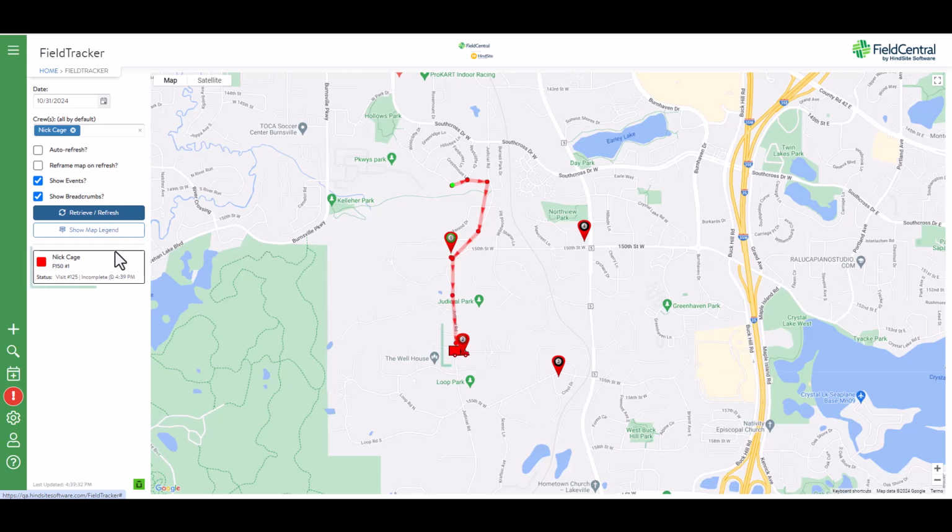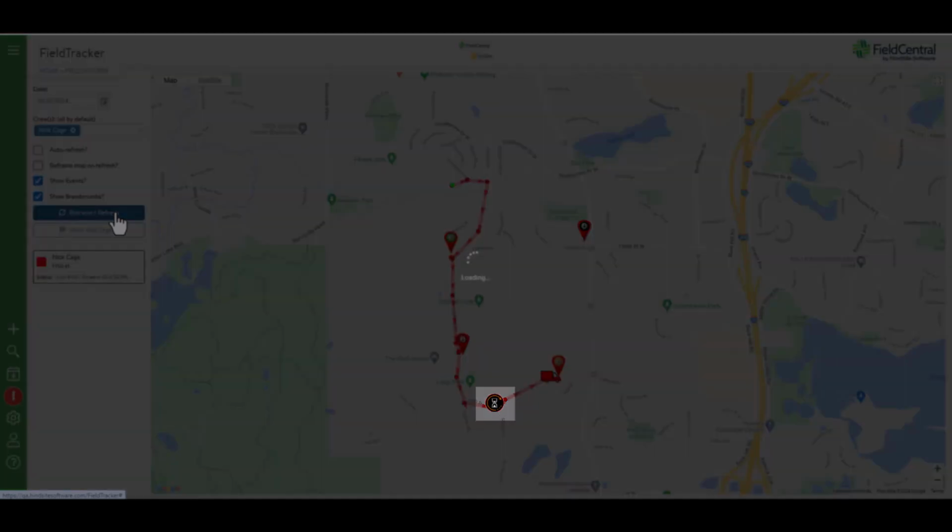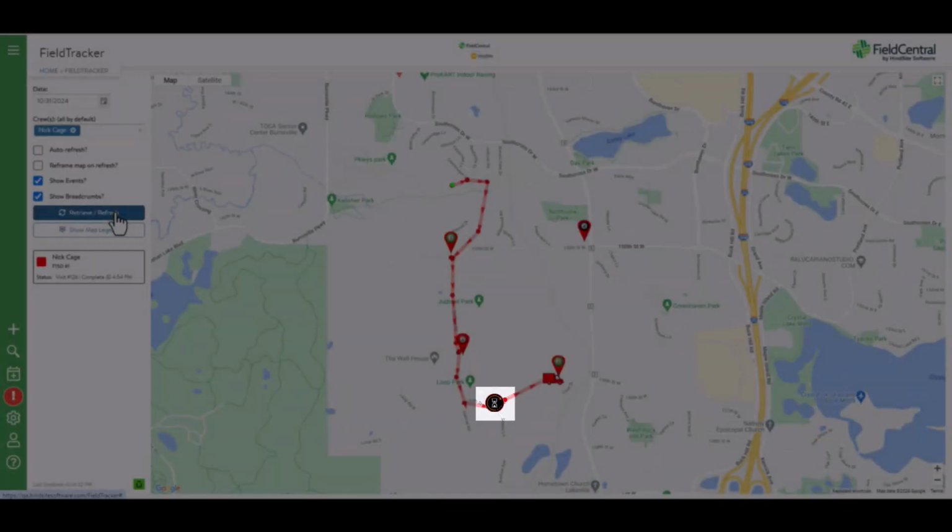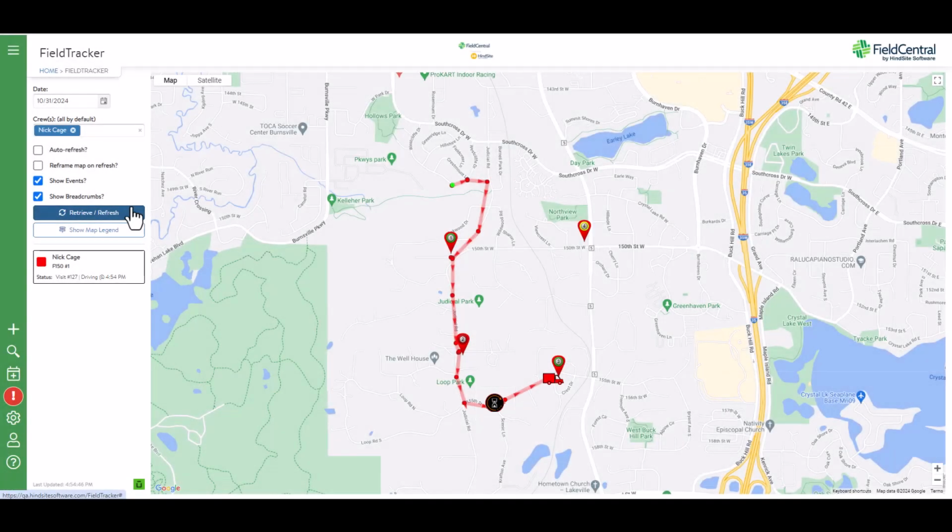If a visit is marked as incomplete, the visit status will display this and the inner pin color will display as red. The breadcrumb path will update as the crew makes their way from visit to visit, and should a driving event take place, these will be displayed along the path with the corresponding icon. In this instance, we see that the crew was idling between visits 2 and 3. Additional information on how long the vehicle was idling is available upon further review.